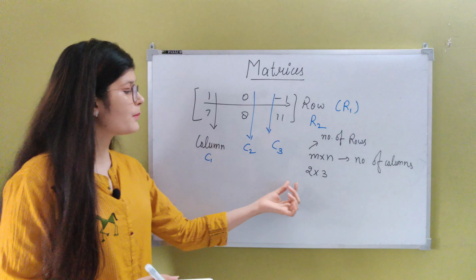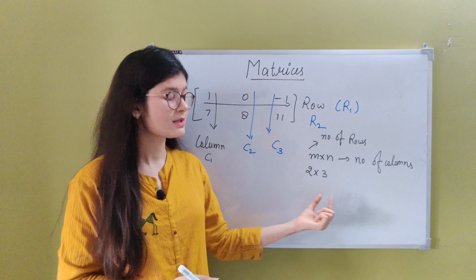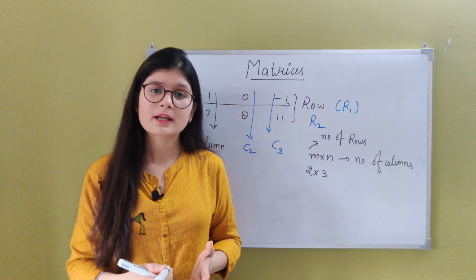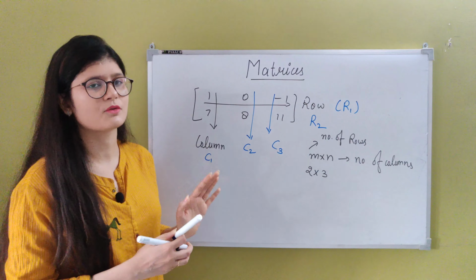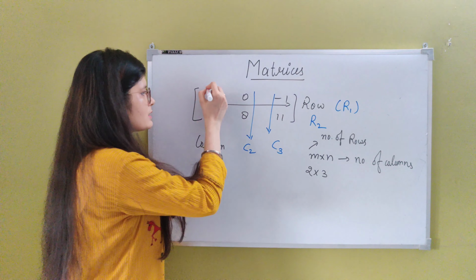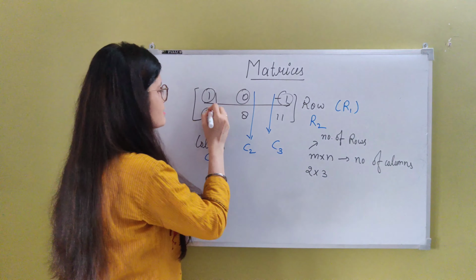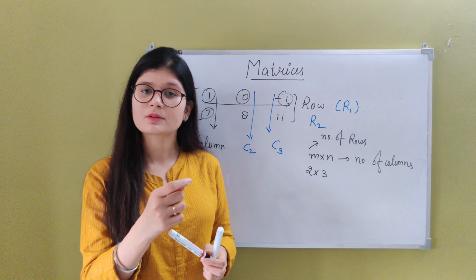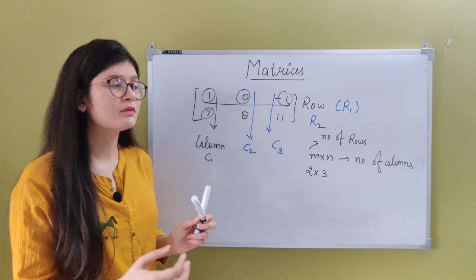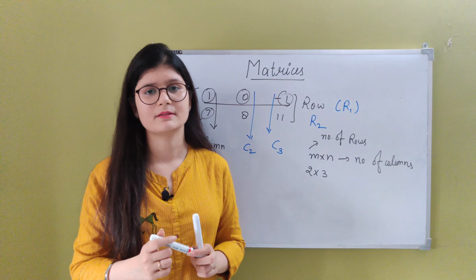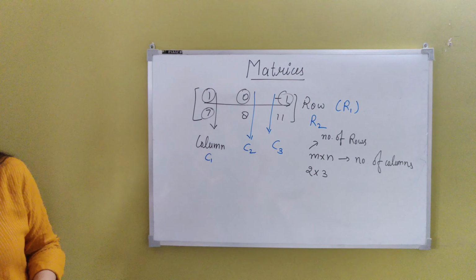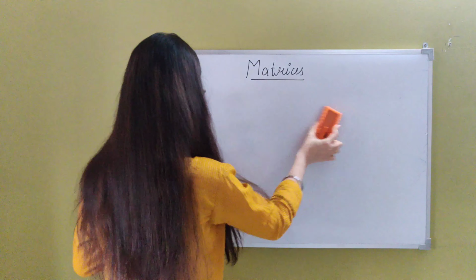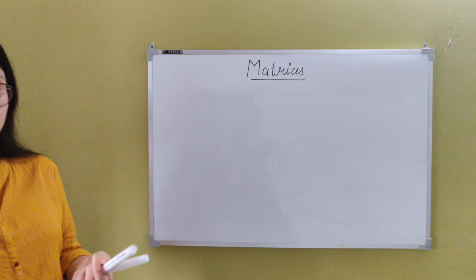And when you multiply the order of the matrix, as in 2 into 3, when you multiply these two numbers, you will get the number of elements present in the matrix. These are the elements of the matrix, and usually we represent the elements of the matrix with a small letter, and we represent the matrix with a capital letter. So I'll take some more different types of matrices, and then you will understand the order or dimension properly.